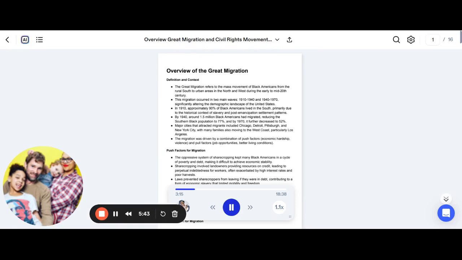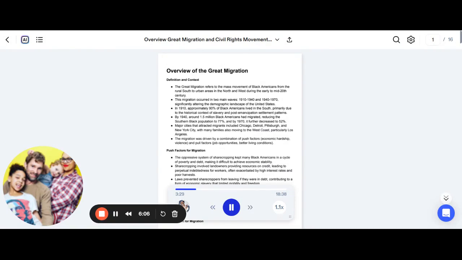The Great Migration was partly a response to the oppressive Jim Crow laws that enforced racial segregation and discrimination in the South. Domestic terrorism, particularly from groups like the Ku Klux Klan, created an environment of fear and violence that pushed many to leave their homes. The migration highlighted the stark contrast between the oppressive conditions in the South and the relatively better opportunities in the North,